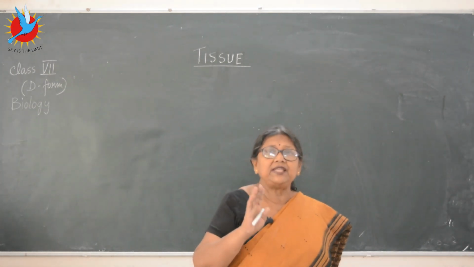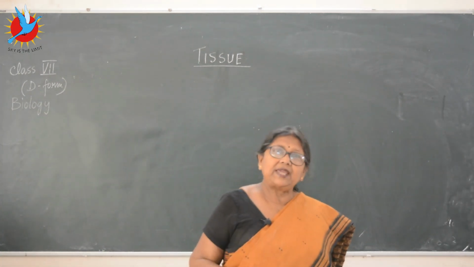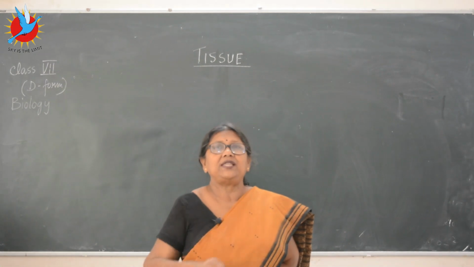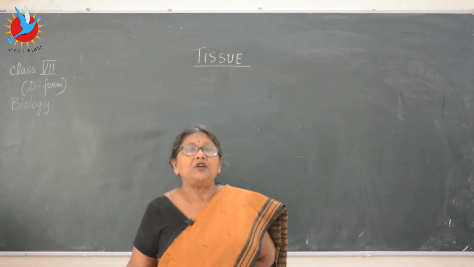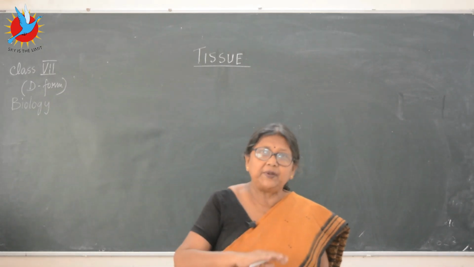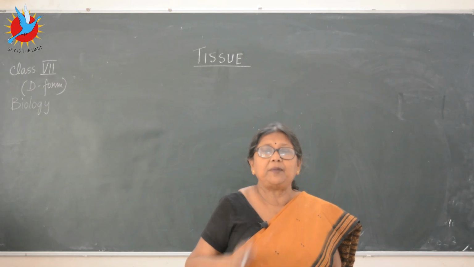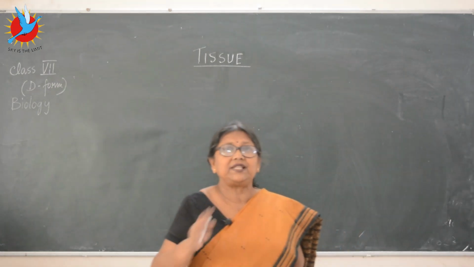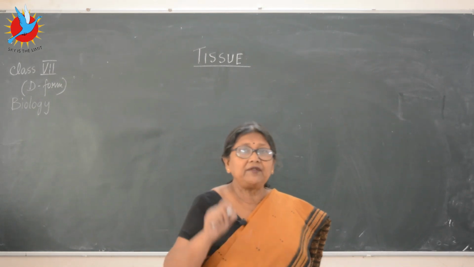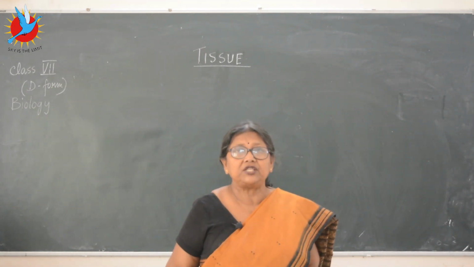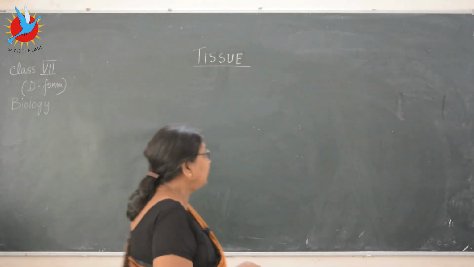So in the plant tissue, basically we did what is a plant tissue. We have done the types of the plant tissue, the basic one, the meristematic tissue. Then we switched over to the permanent tissue. From the permanent tissue, we did the simple and the complex. Now we have done till simple permanent tissue, the parenchyma, collenchyma, sclerenchyma. Hope you have learned all the names, right? So today we start the last part of the plant tissue, that is the complex permanent tissue. So we start from here today.